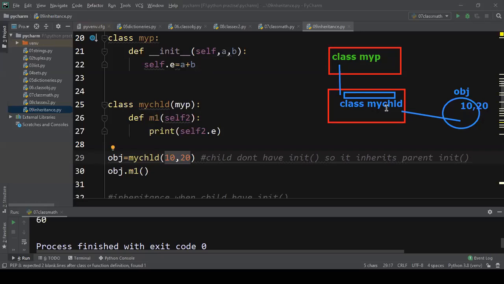First, the 10 and 20 will be given to the parent class from the child. Now 10 and 20 will be taken by my child, and this 10 and 20 will be passed to parent.